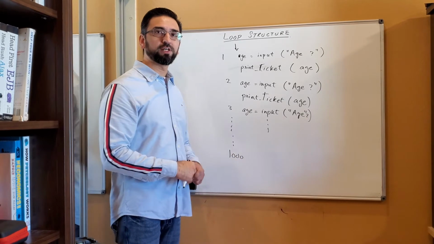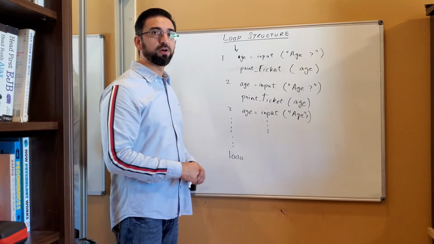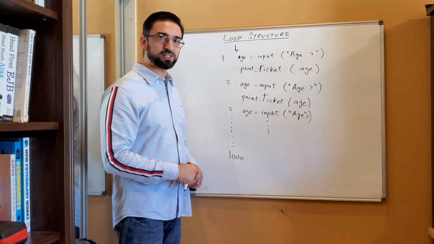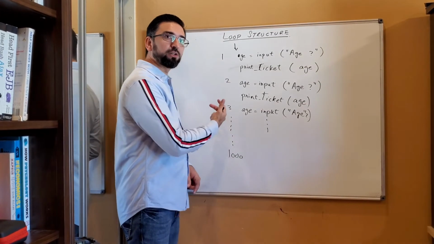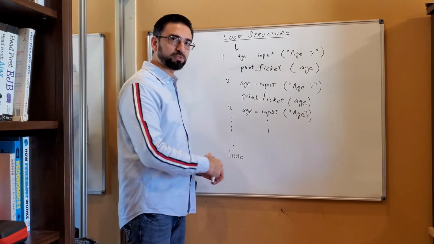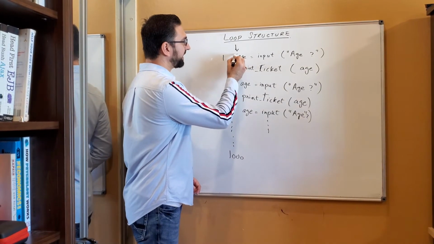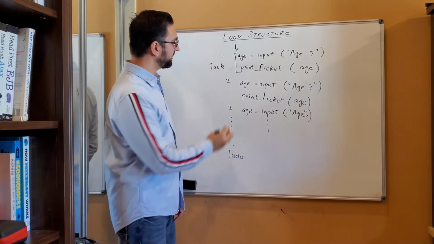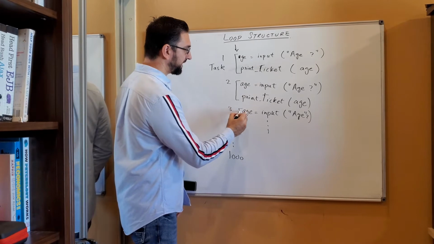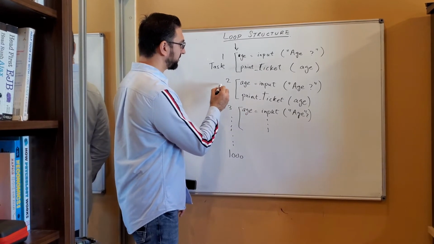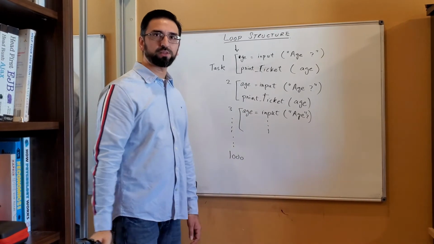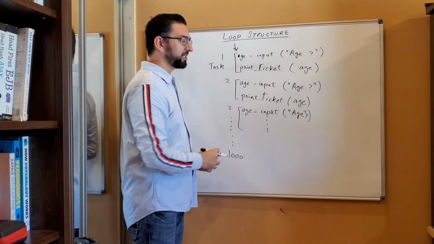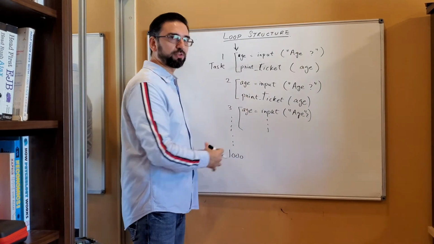And what if you have 10,000 users visiting the theme park? What if you have a situation where you have to process a file with like 1 million records inside? This is obviously not practical, and it becomes impossible. This is the task which we have to perform, and the same task is repeated multiple times. This is the second time, third time, and 1,000th time. So in order to resolve this issue of duplication, and the fact that it's a difficult program to follow,